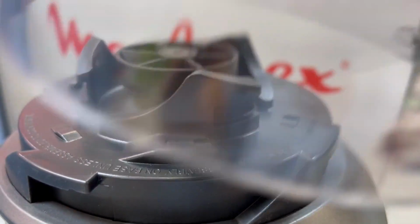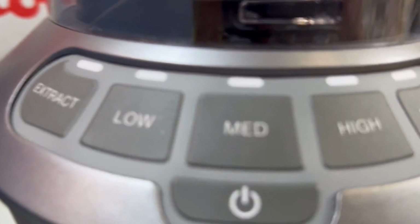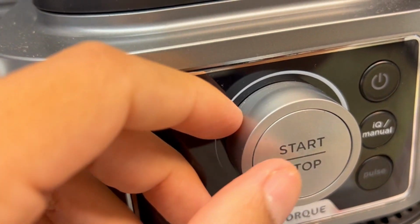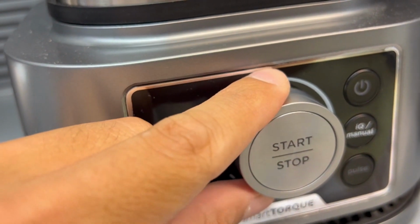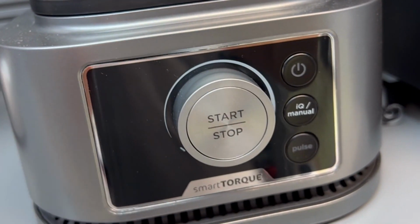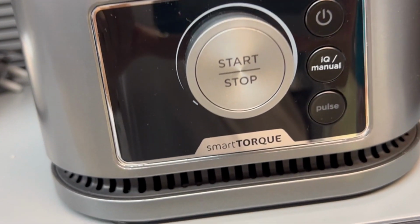All this is to say that if you prioritize precise control, easy cleaning, and hot food blending, go for the NutriBullet blender. For a versatile powerhouse that excels in smoothies, bowls, spreads, and dough mixing, choose the Ninja Foodi Power Blender and Processor. As for the bonus tip, if you want to enhance your blending experience, add a handful of